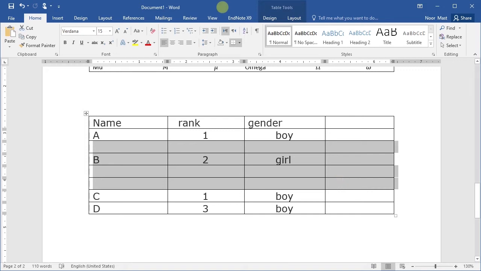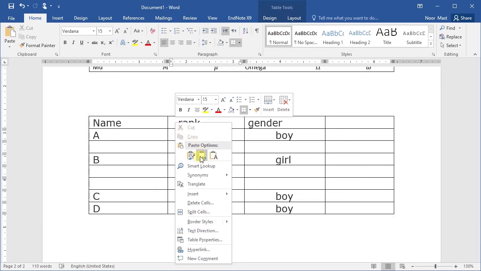MS Word also provides another way to add a row or column to the table. So place the insertion point in the second column before the rank. Now right click on the table. From the menu, select the insert option.